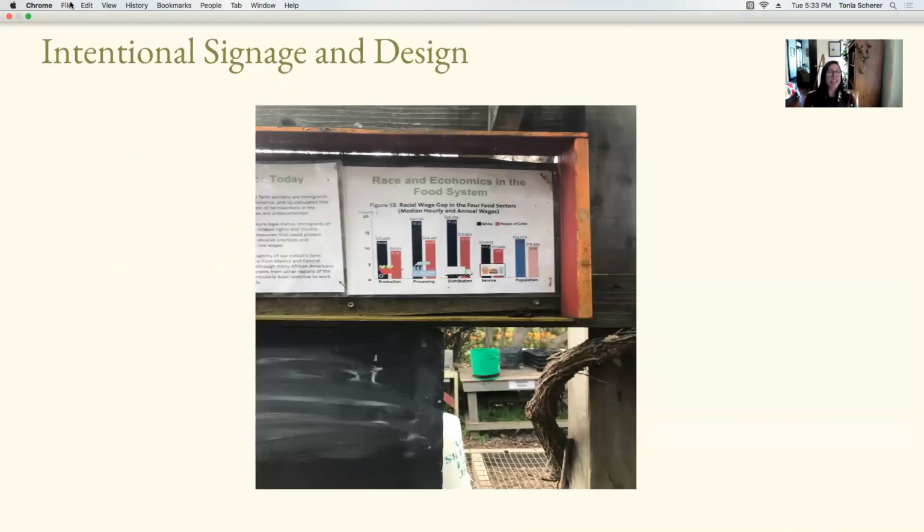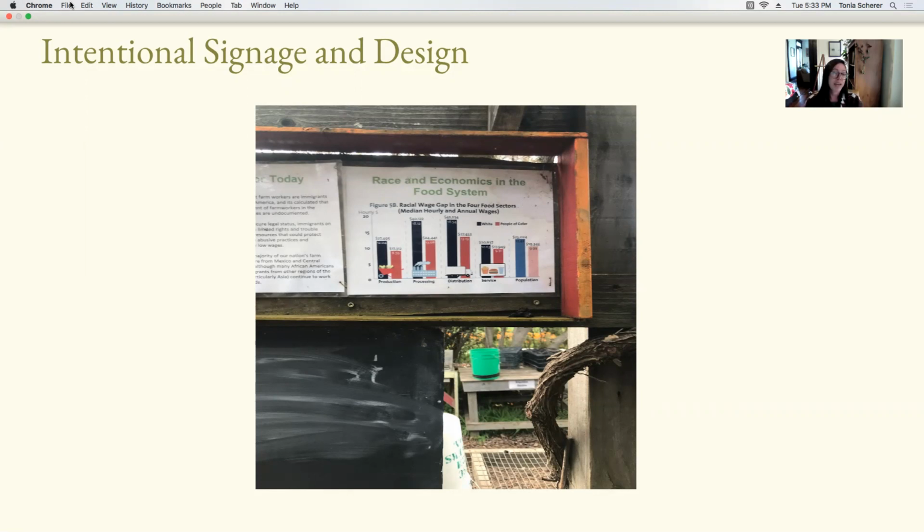So also when we're talking about signage, signage is great to have in the garden. This may not be what you're thinking in terms of signage, but this is also something you can do if you really want to incorporate the food justice side. This is actually at Life Lab, who is a great resource for school gardens there in California. A coworker of mine went there for a conference, and in their youth demonstration garden, they had a lot of signage that highlighted different folks in agriculture, different people of color, but also information about race and economics, the food system, and things like that.